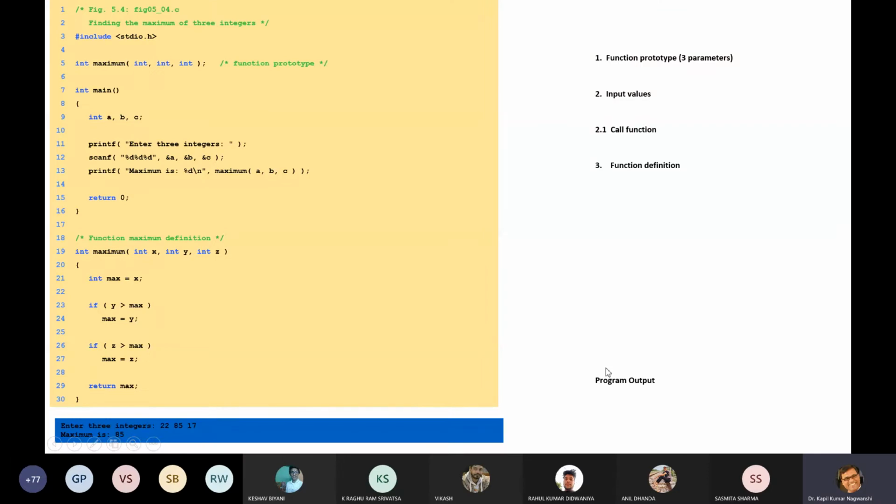So this is another program, maximum among three. This is the complete program listing. How do you write a program and how do you declare the prototype and different things.